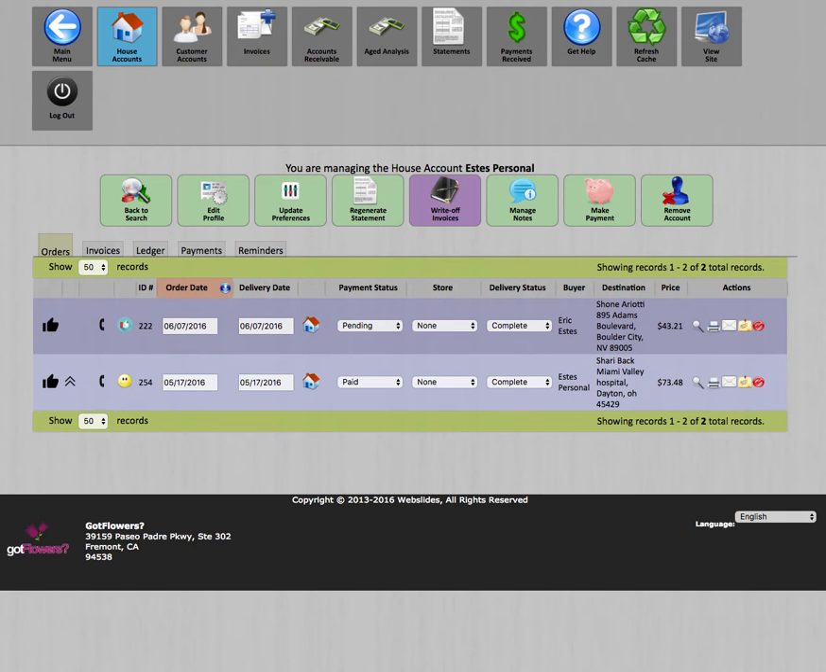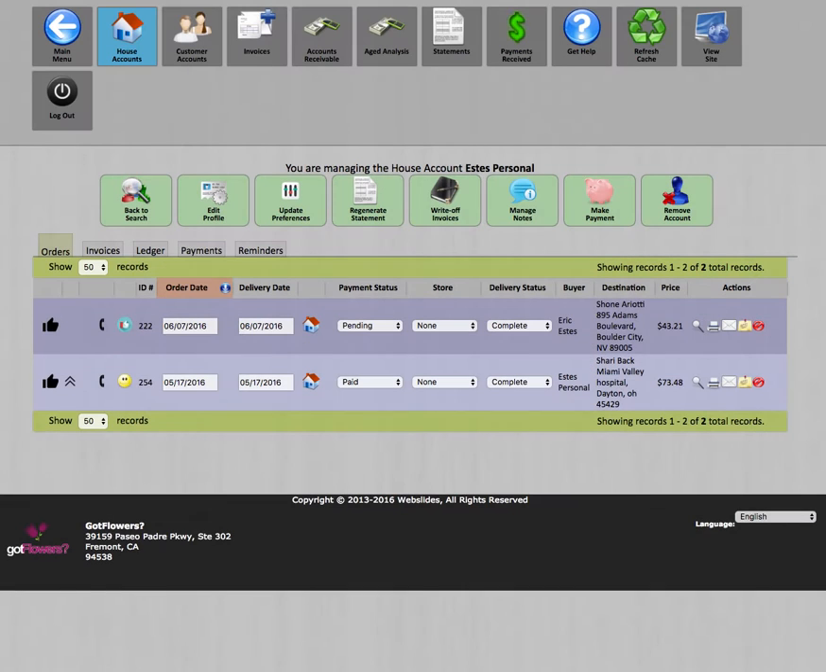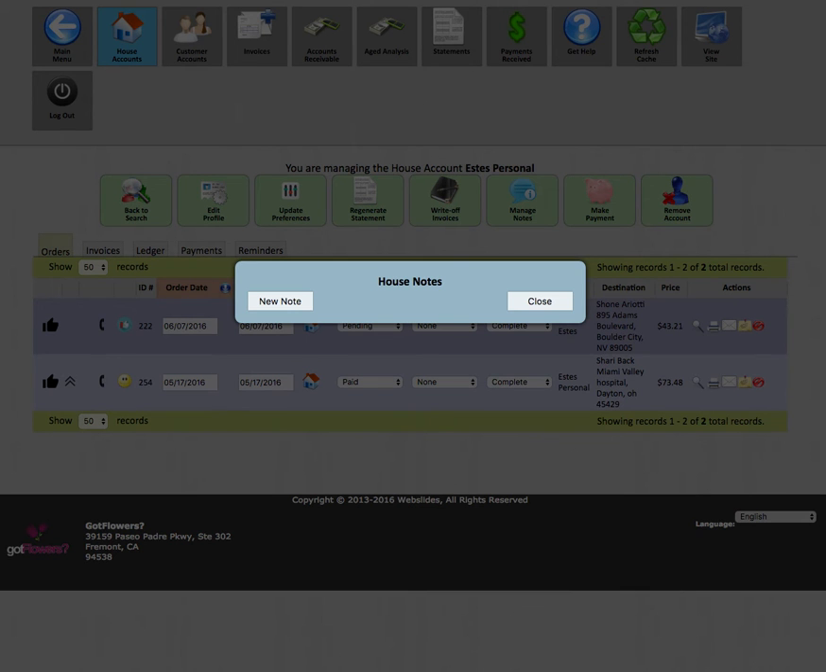You can write off amounts on specific invoices, but this is restricted to open invoices only, and you'd enter the write-off amount here. You can add multiple notes to the house account, and you just use the new note option to go and